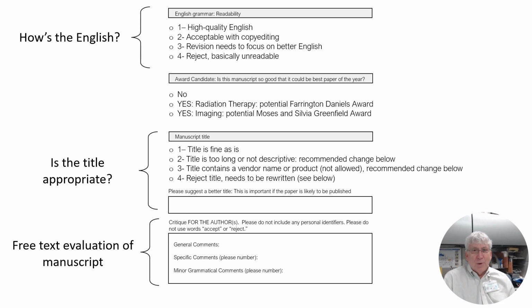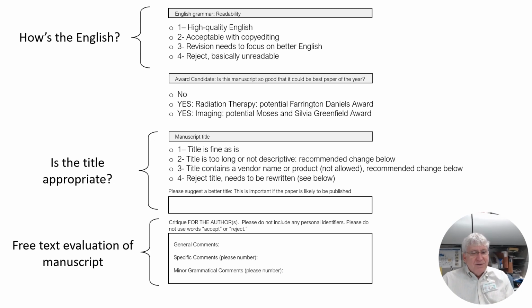Is the title appropriate? This is a key issue because titles are actually used in promoting and in describing journals across many different media. And so you want to spend and devote some time to the title. It's interesting how some authors, it seems like they did not spend much time trying to come up with a very precise, concise, and accurate title that's of reasonable length and adequately descriptive.